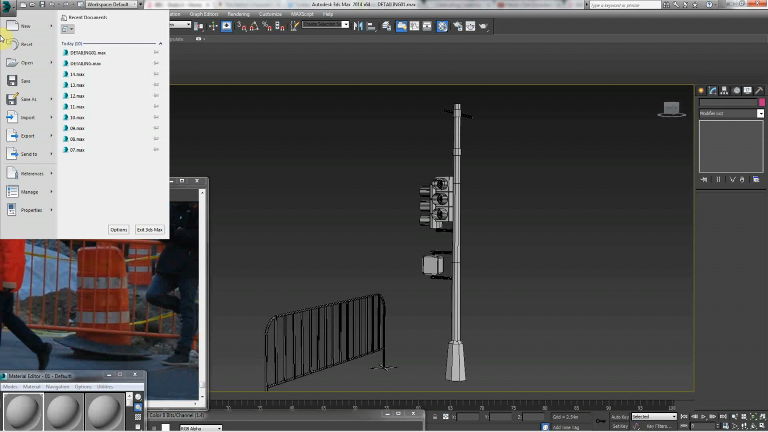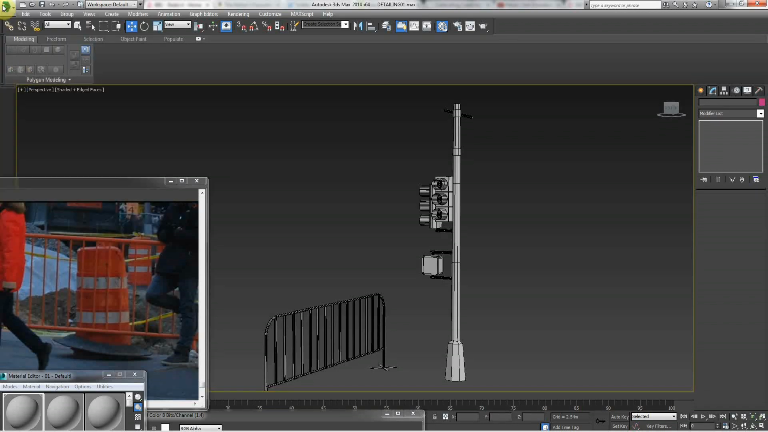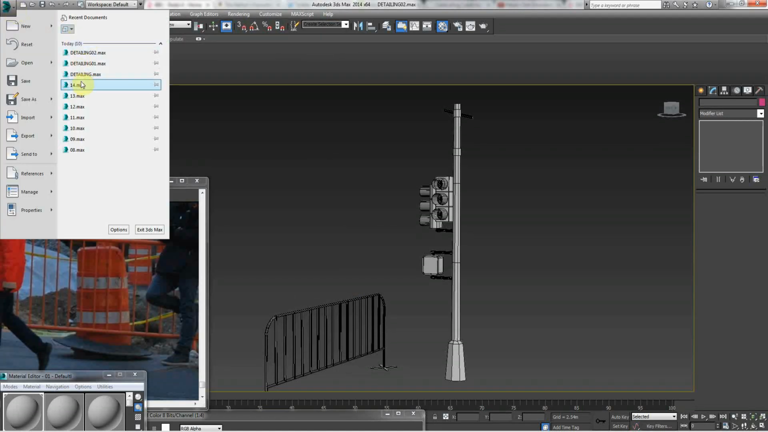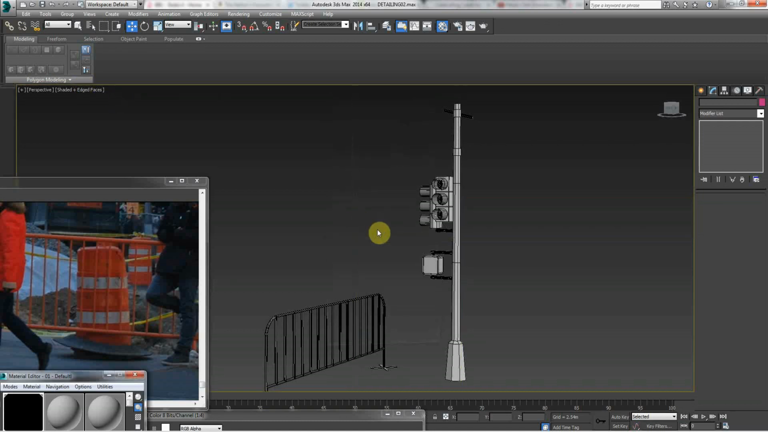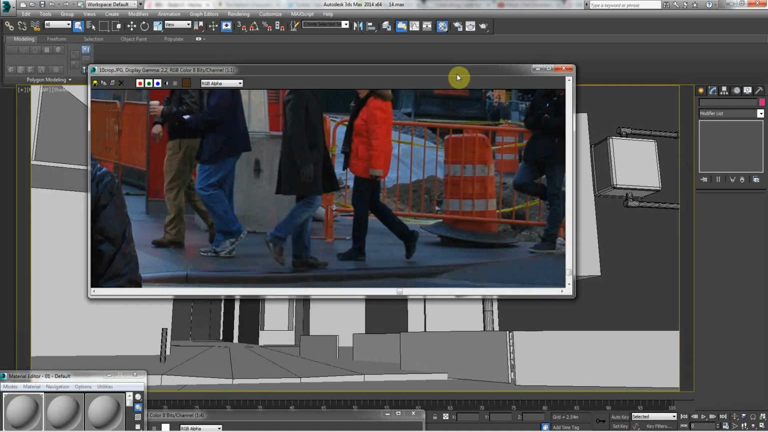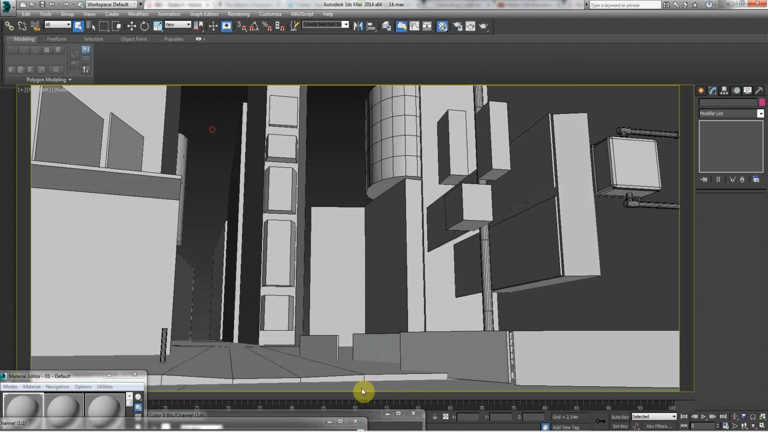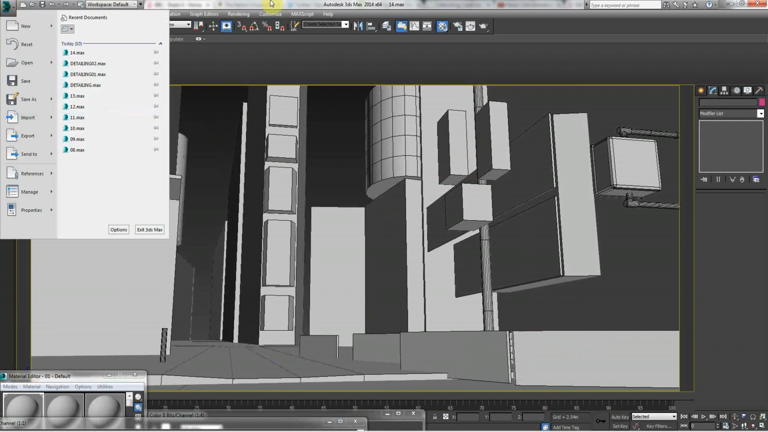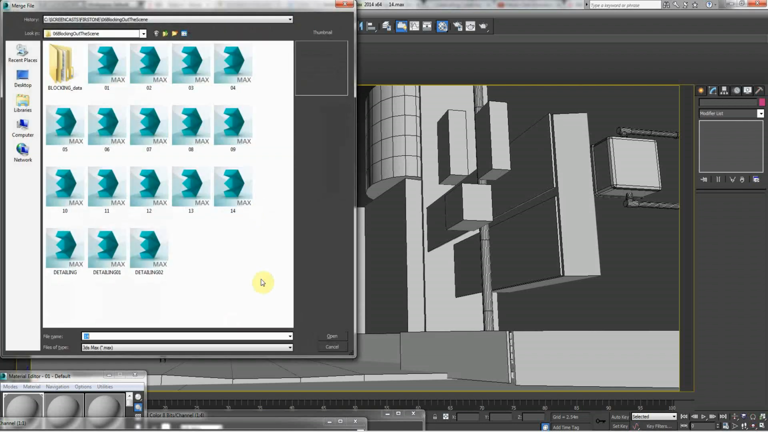Make sure we save this scene so we can come back to it, or save it again as a plus so we have a backup. Now we go back to the last full scene we edited and we can see our nice blocky scene. Now what I'm going to do is merge the lamppost and the bollards into the blocked out scene. So go up to here, import, merge, find the scene, detailing 2, that was the one we saved it at,